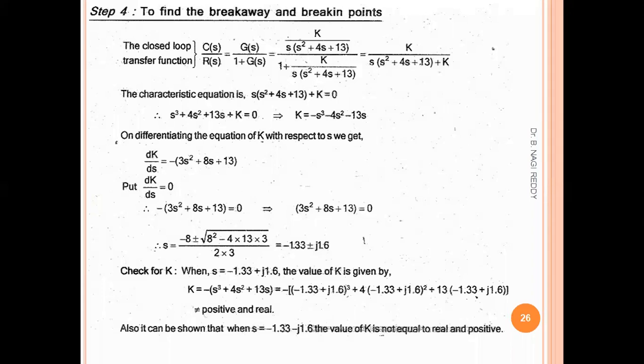Good morning, everyone. In the previous class, we started our root locus problem, and we have completed the first three steps. Step one is to locate the poles and zeros. The second step is to draw the root locus on the real axis, and the third step is to calculate the angle of asymptotes and centroids. So these three steps we completed in the previous class.